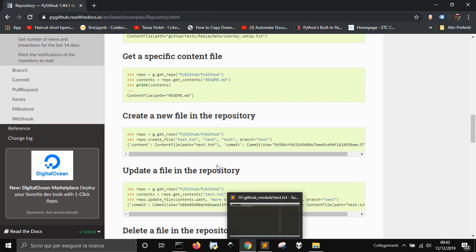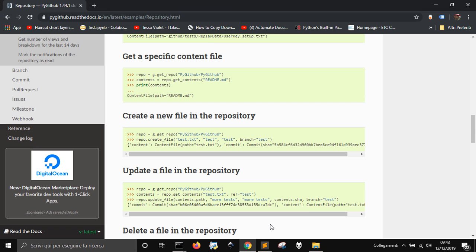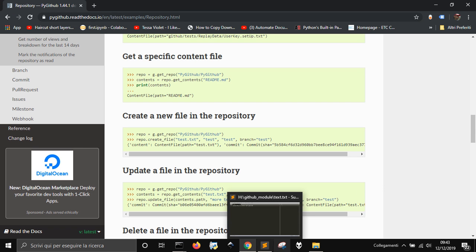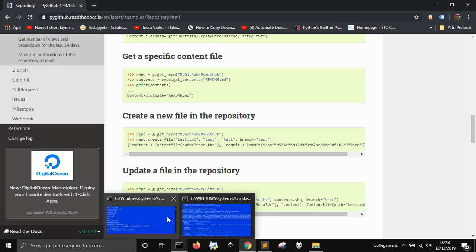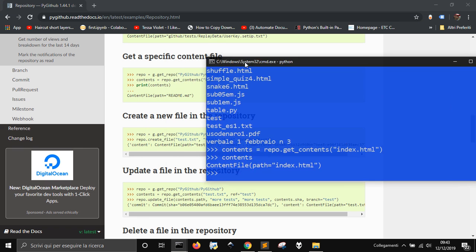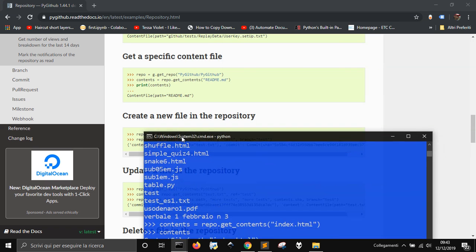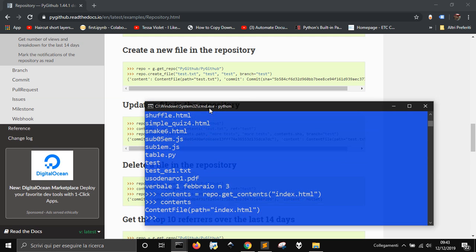That is not the repository linked to GitHub. I don't know if it's possible. I just wanna try to do it. Okay, let's see if I can create a new file from everywhere. Perhaps it's not possible. I think I should be into the directory where I cloned the repository, but let me just try. So